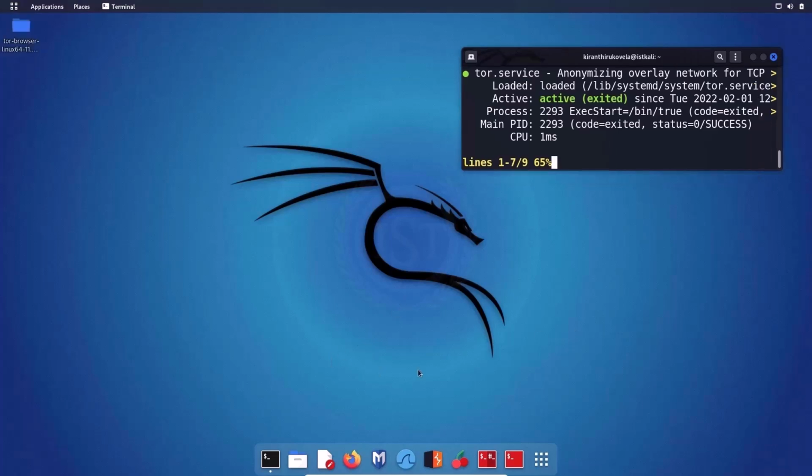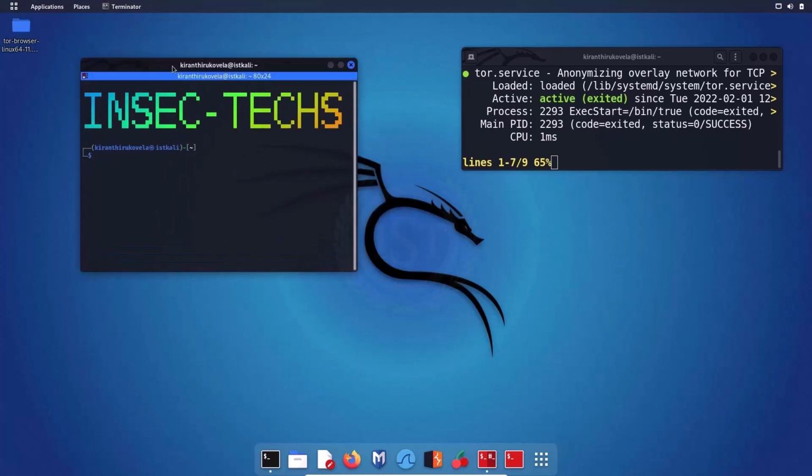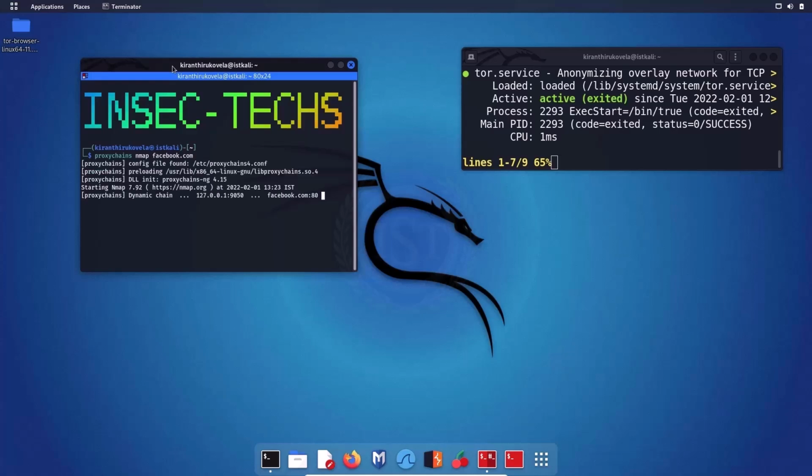For that, let me open the Terminator application. Type the command proxychains nmap facebook.com. So this was the command that we executed last time. Let me give the same command and hit enter on the keyboard.